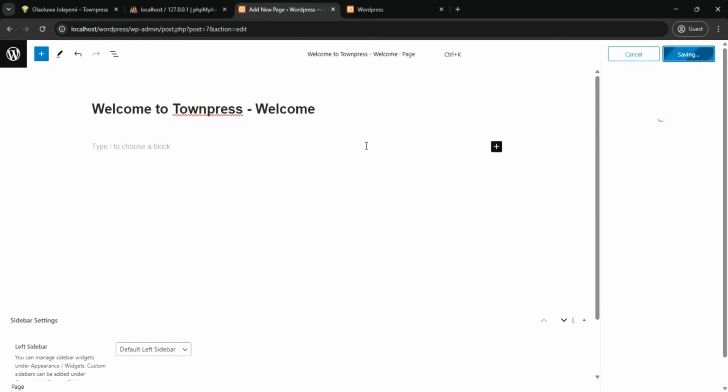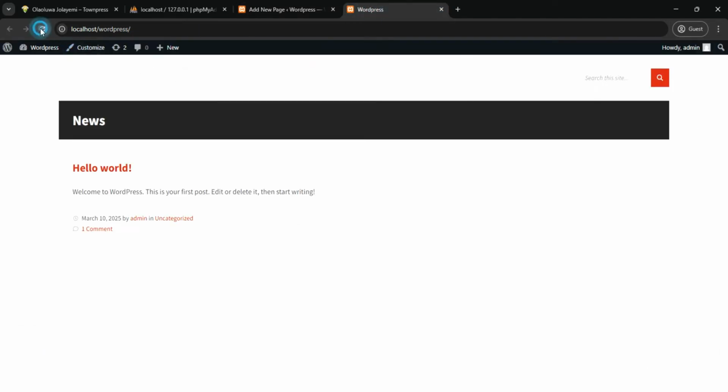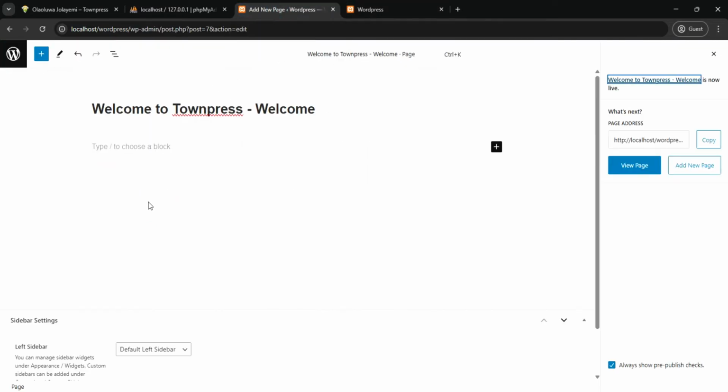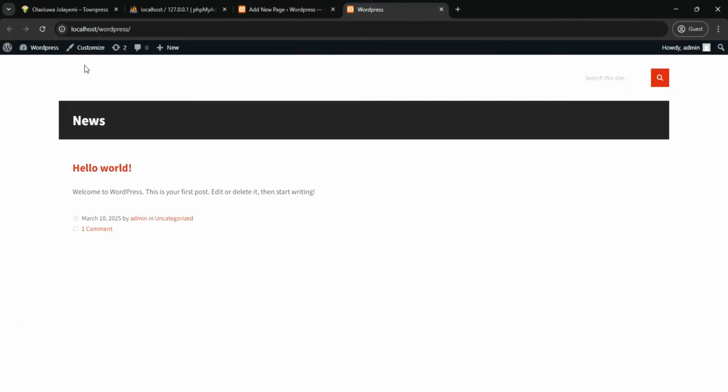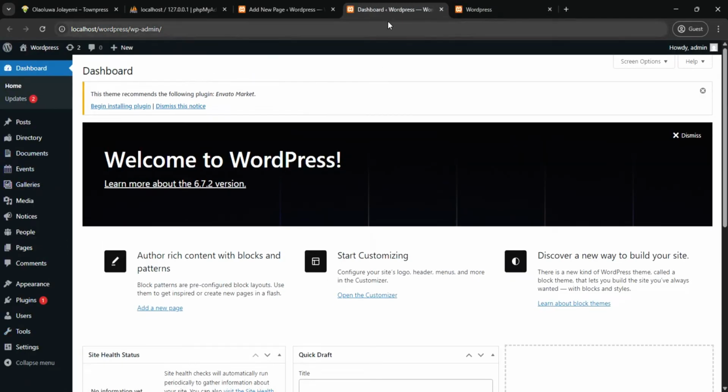All right, so after publishing this, if I go here and I just do this, nothing shows. The reason is because it's still showing the blog side. It's the news alone that is showing. So how do I get it to show that page that I just worked on? So I can just go back like this. Okay, let me just open it on another tab, and then okay, this is the WordPress